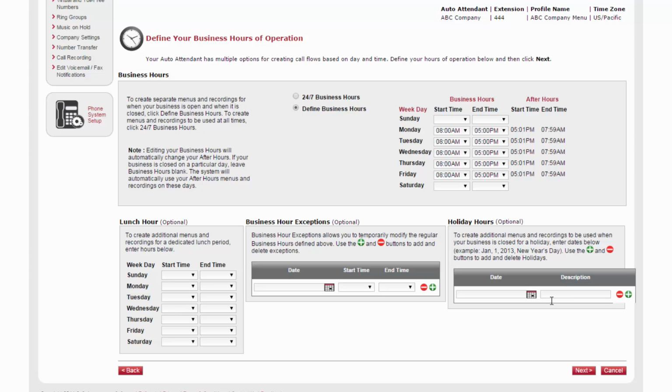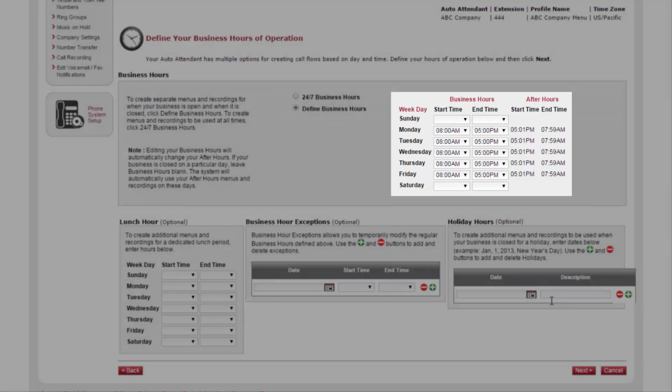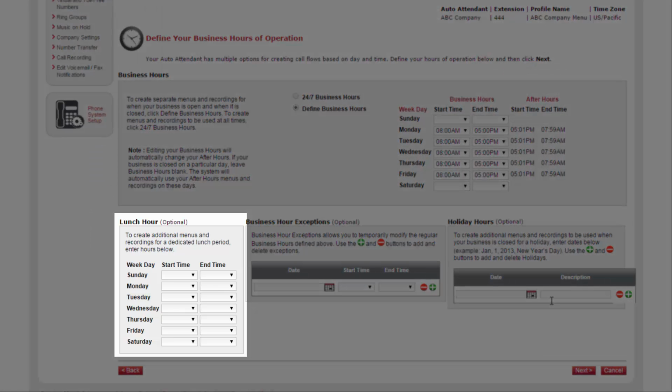The first allows you to set the business hours. Any time not covered by the business hours is automatically counted as after hours. Leave a day blank if you want the whole day to count as after hours. The next sections are optional, the first of which, lunch hour, allows you to have a different set of rules